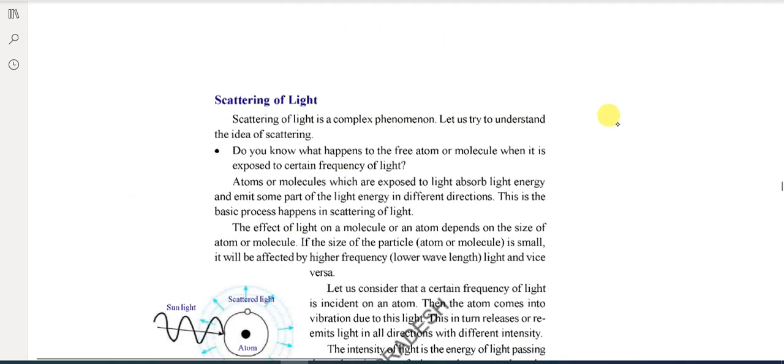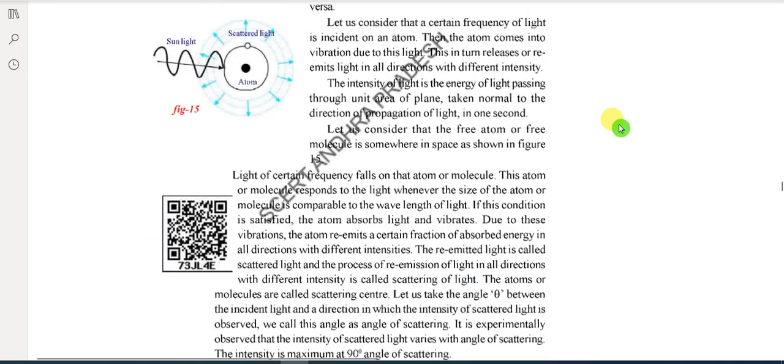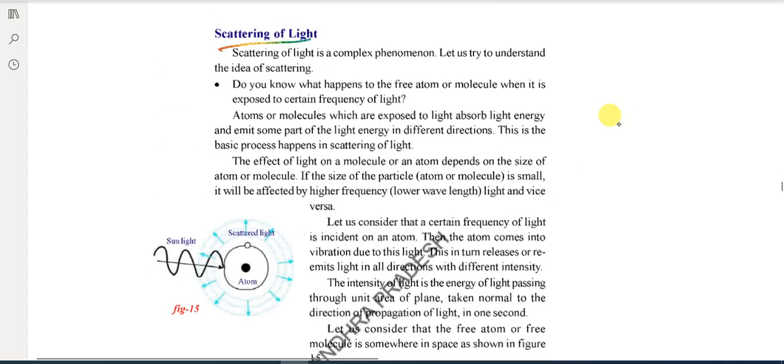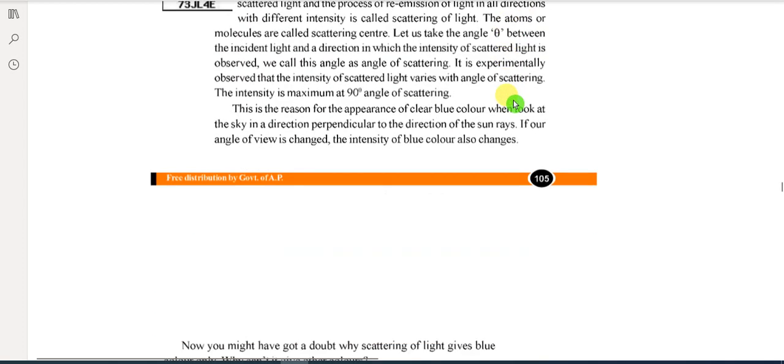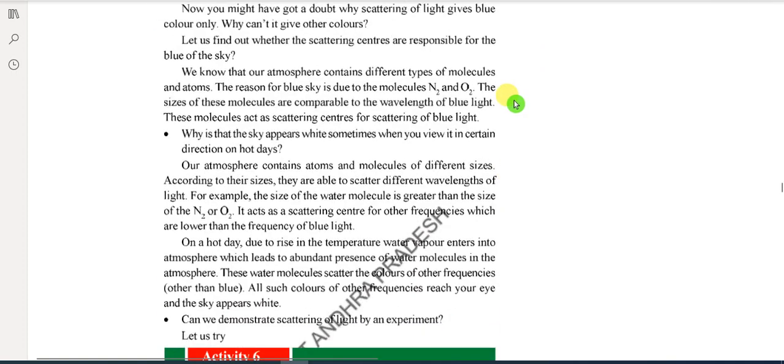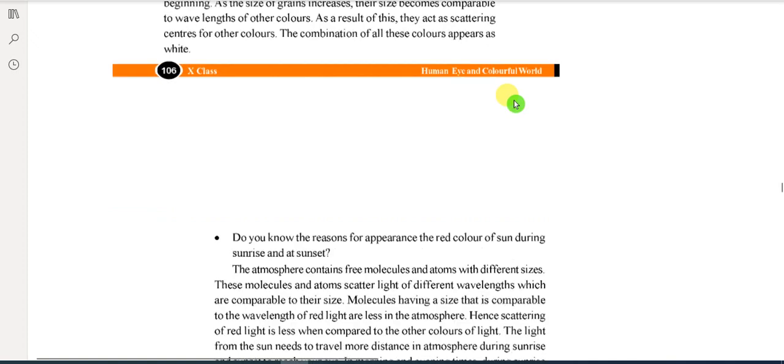And scattering of light, what is the scattering of light? It is a complex phenomenon. Yes, in this question you have to learn oxygen, nitrogen molecules, and the sky is blue color. Yes, blue. And sunset, sunrise, red color. So the scattering of light concept is important. Next, molecules. Okay, for blue color,